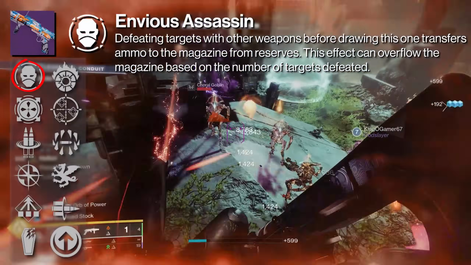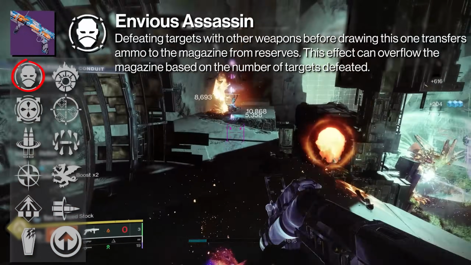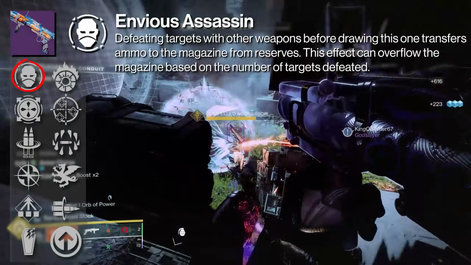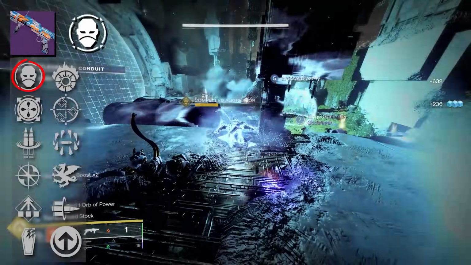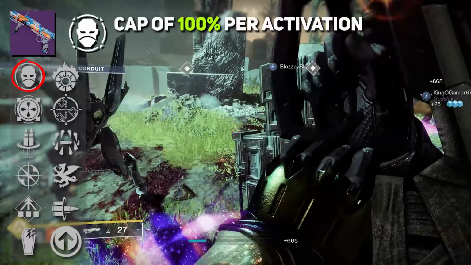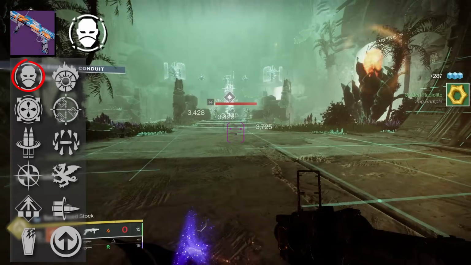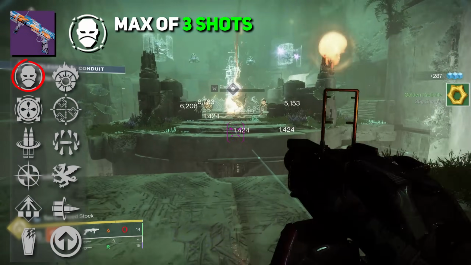weapons before drawing this one transfers ammo to the magazine from reserves. Now this effect can overflow the magazine based on the number of targets defeated. This allows for an overfill up to 200% of the magazine's capacity with a cap of 100% per activation. That means for Wild Style here, it allows us to get a maximum of 3 shots before needing to reload,